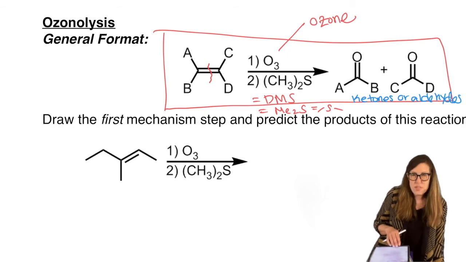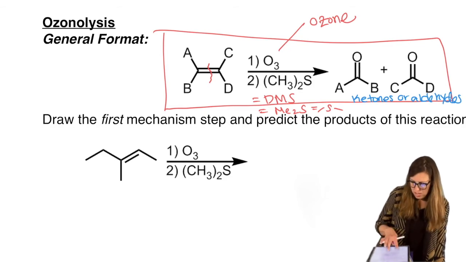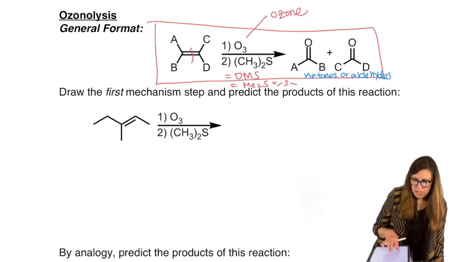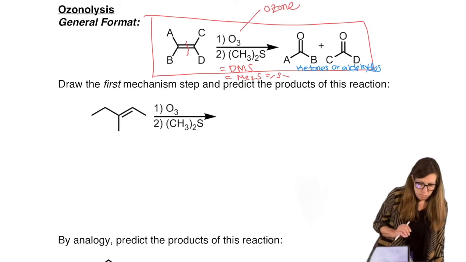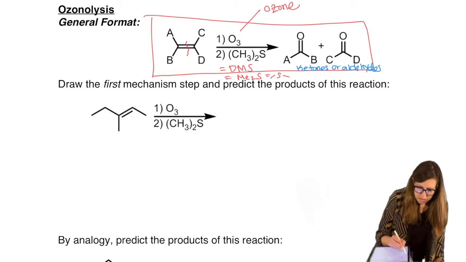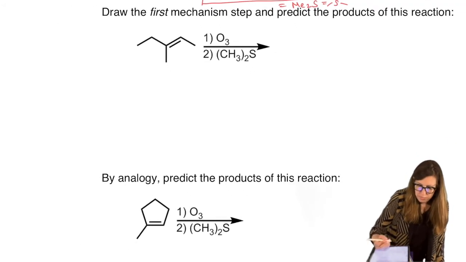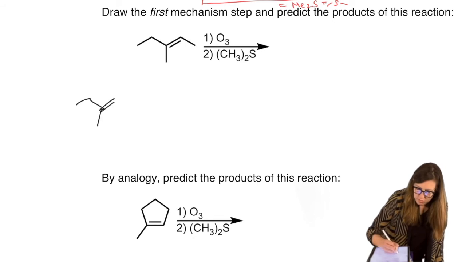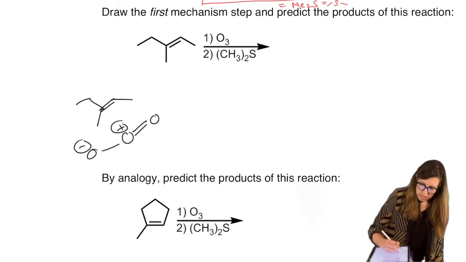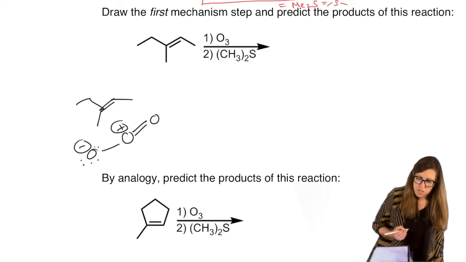It's okay to kind of think of it that way because it's a complicated mechanism once again, and we go through some of it, but we're not going to go through the entire detail. So what you want to be able to understand is maybe just the first mechanistic step, which will get us to one of the intermediates called malozonide. So I'm going to redraw my alkene where I have a little more space. And I'm going to draw the Lewis structure of ozone. It has a plus and a minus next to each other because you can't have 3 bonds to oxygen without doing that.